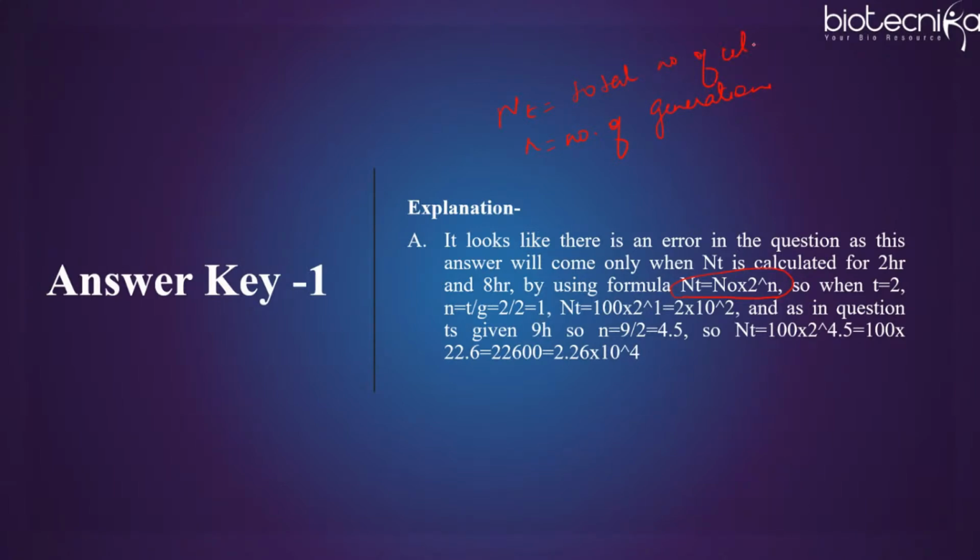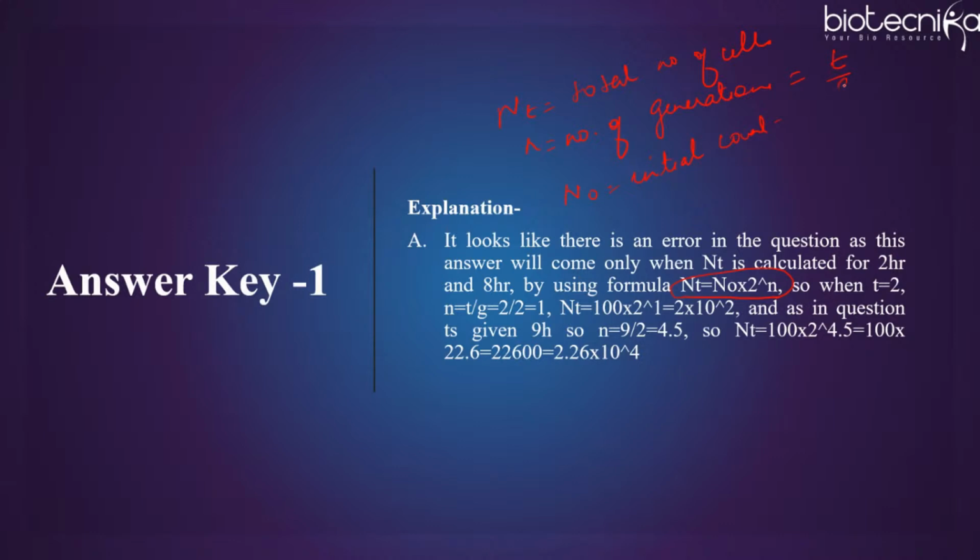And N0 is the initial number of cells, the initial count, that is 100, which is given. And NT is equal to N0 into 2 to the power N. So how will you calculate N? N is